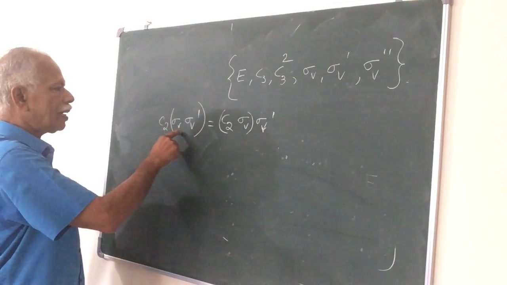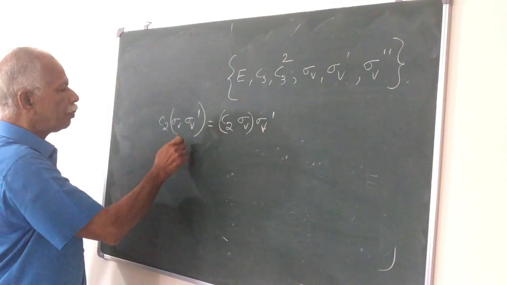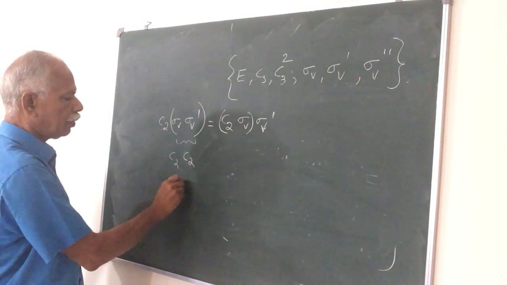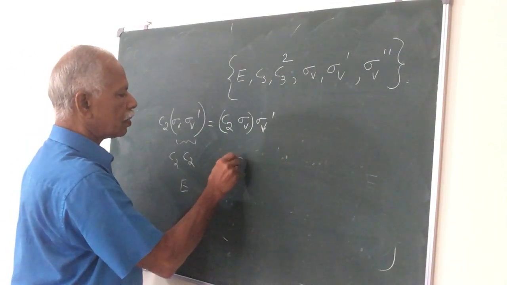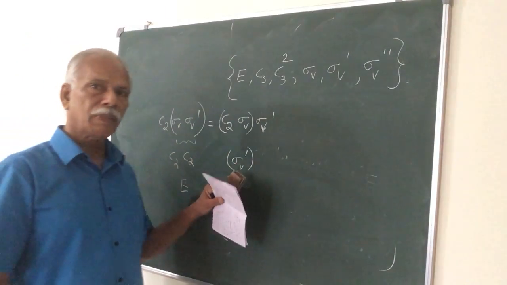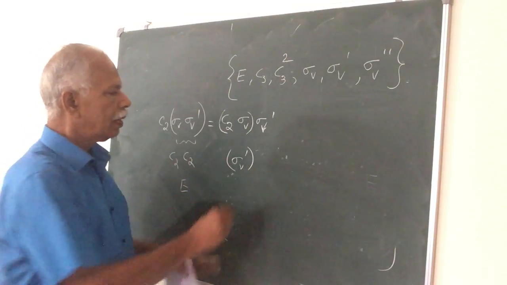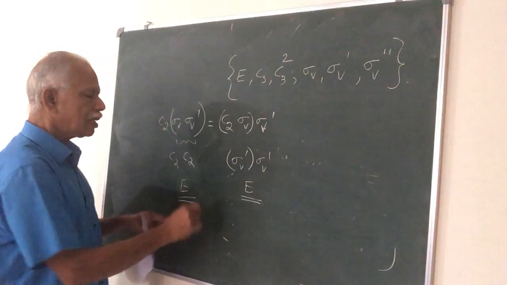What is sigma v dash sigma v? The product of these two is actually C2, and C2 followed by C2 will be identity. Then when these two are combined, you will get sigma v dash from the multiplication table. I remember the multiplication table. That is why I wrote the product as sigma v dash. Then again sigma v dash, you get identity. The ultimate result is the same,